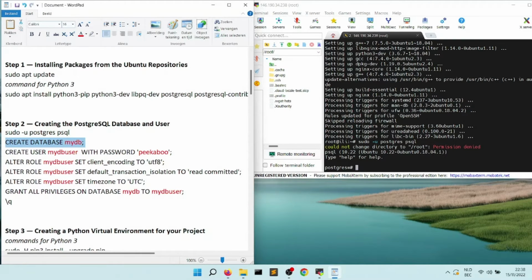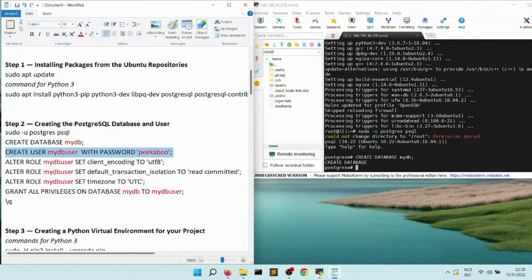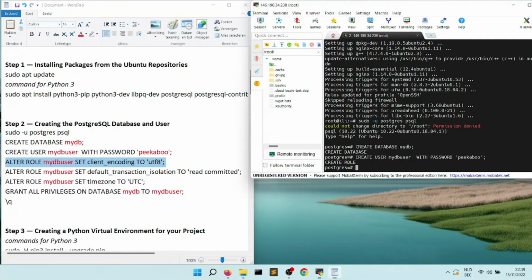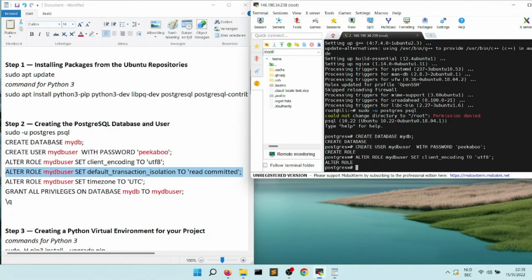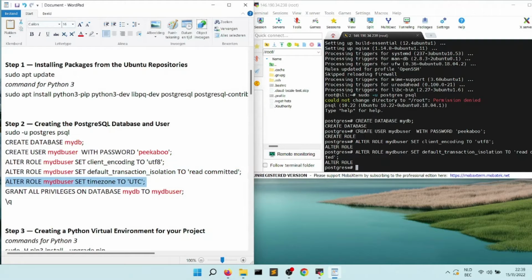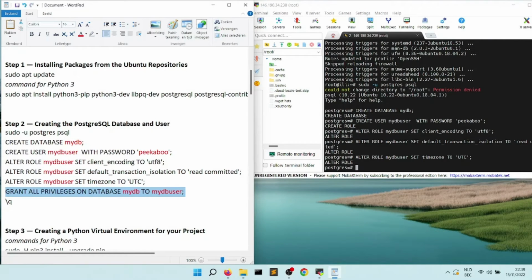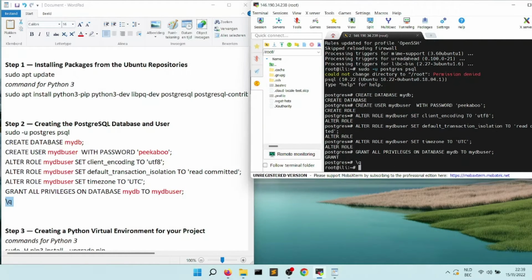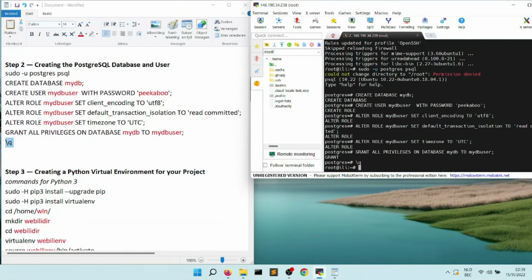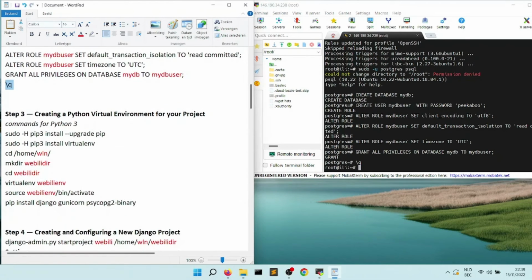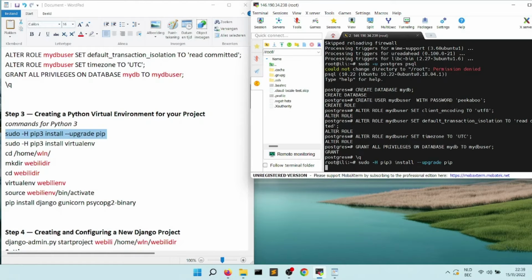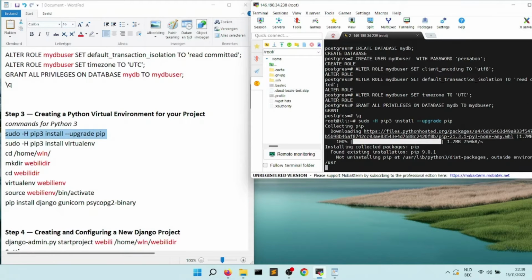Creating the database. Creating database admin user and password. Now some commands to change database settings. Granting the privileges to the database admin user. Done. Now we will install pip and a virtual environment, create our project directory, and inside the directory we will